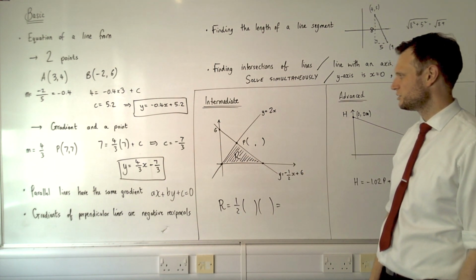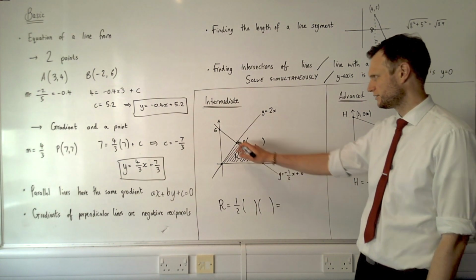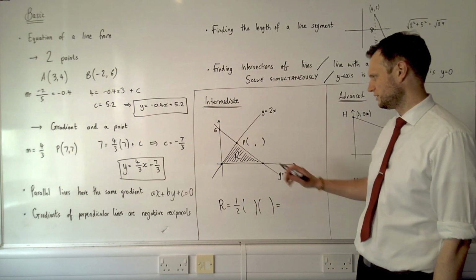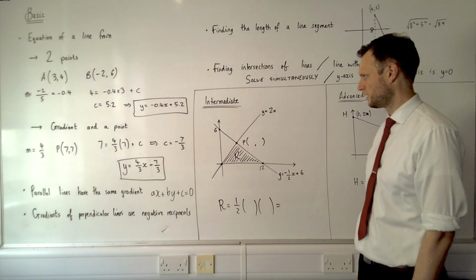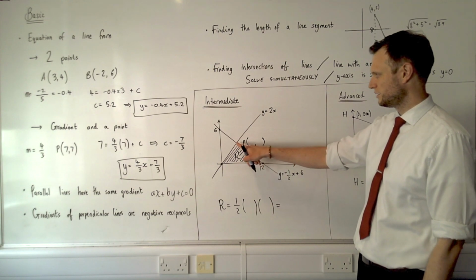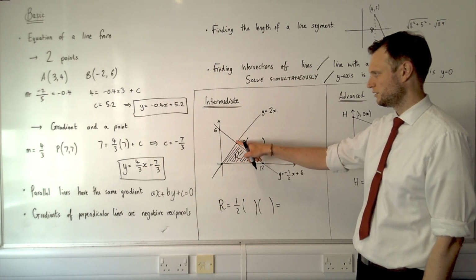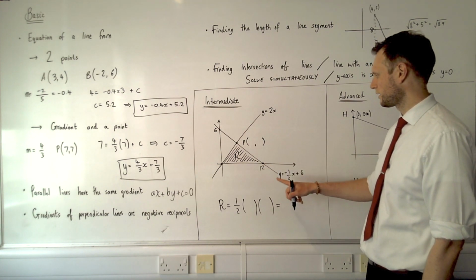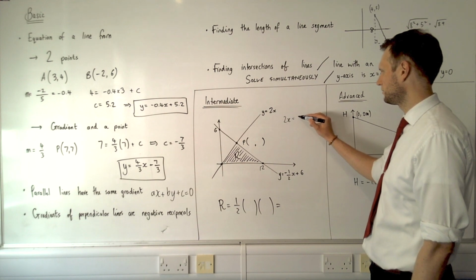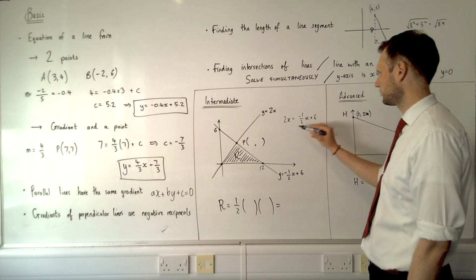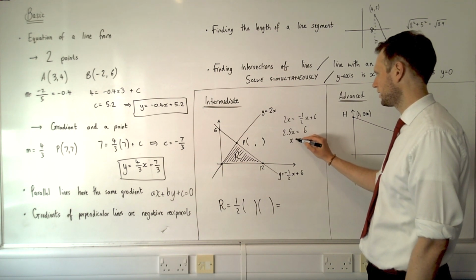Then what we need to do is two things. We need to work out where that point is by solving this equal to 0. So that would be 12. And then we need to find the point of intersection here, because that's going to give us the height of the triangle. So if I were to put these equal to each other, 2x is -1/2 x plus 6, so 2.5x is 6, and x is